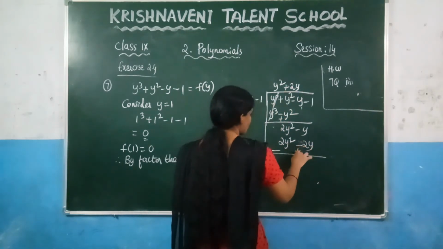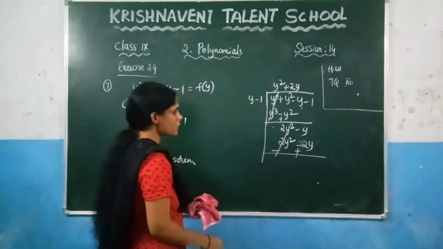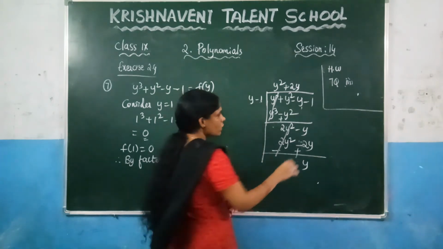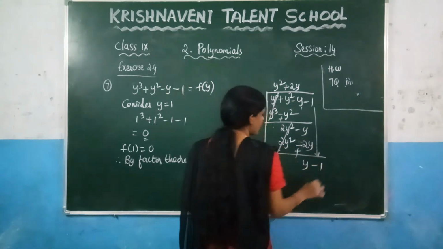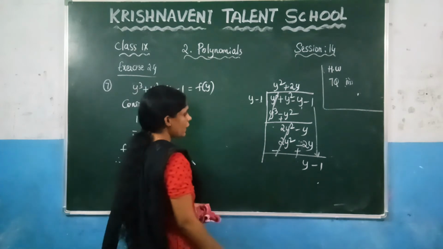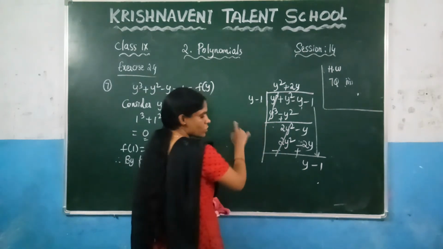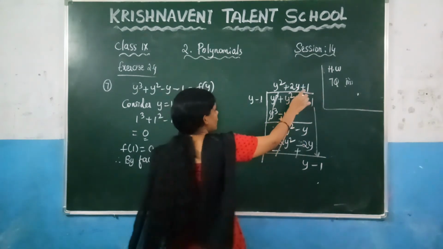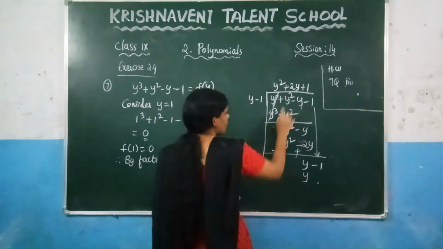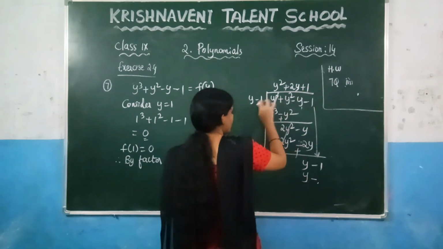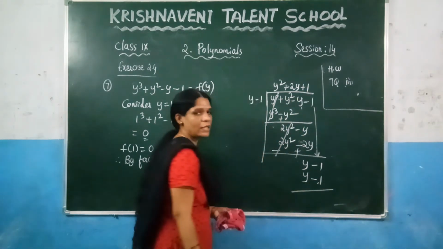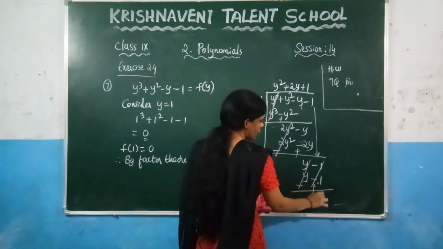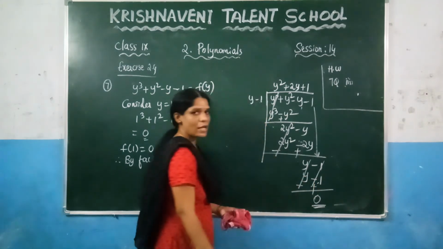Now again change the symbols. So here these two will get cancelled. And after that, what's the value of 2y minus y, which is y. Now take this value down, which is minus 1. Now what we need to do? Again, you need to divide these two values. So y by y gives you 1. So write it here plus 1. Now plus 1 into y is y, plus into minus, minus 1 into 1 is 1. Now again you need to change the symbols, minus and plus. This one will get cancelled. You got the remainder as 0.